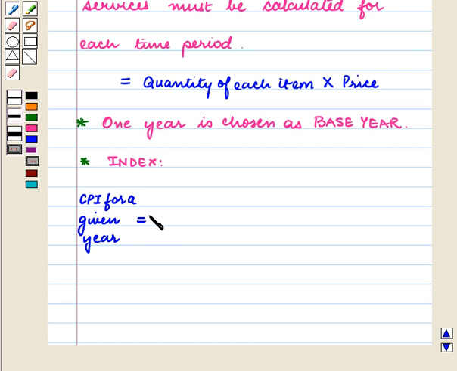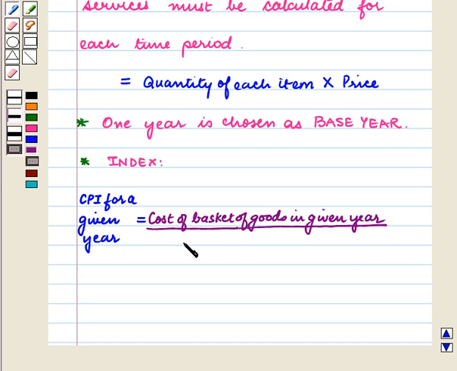Consumer price index for a given year is equal to cost of basket of goods in a given year upon cost of basket of goods in the base year